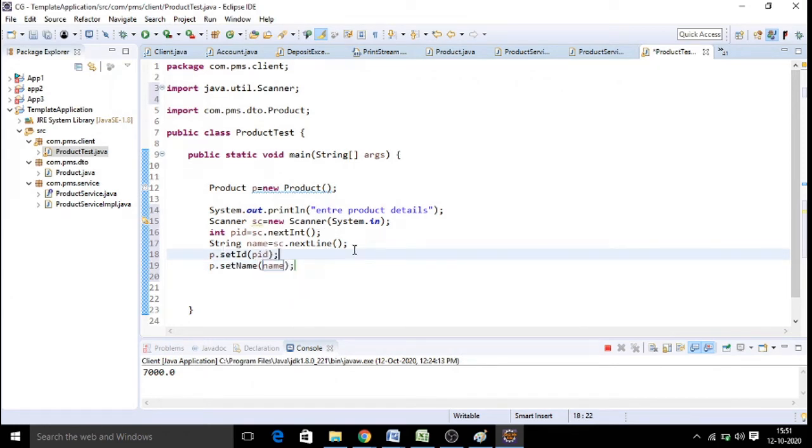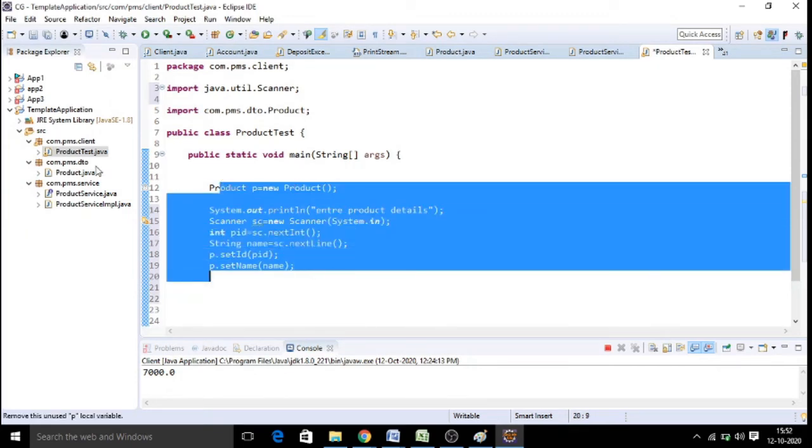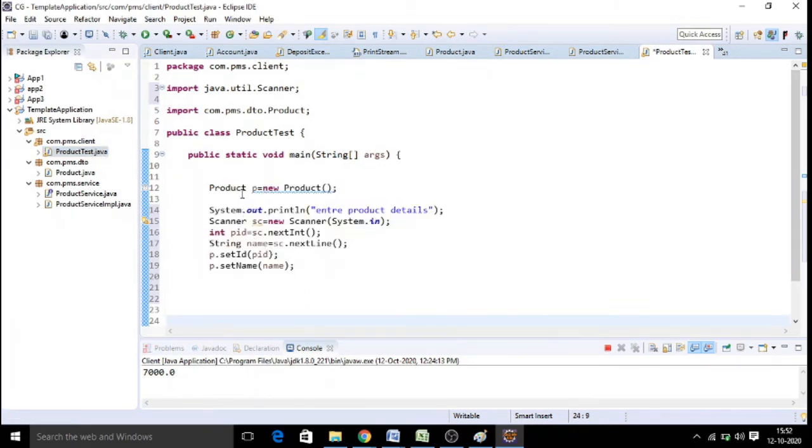You should not use the syntax of passing the data into the constructor. That syntax you need to forget about now. You have to use setters. Once you set the data, now your product object is ready for usage. You are setting the values into this, and whenever it is required, you will use it. Now your product object is ready with the data.